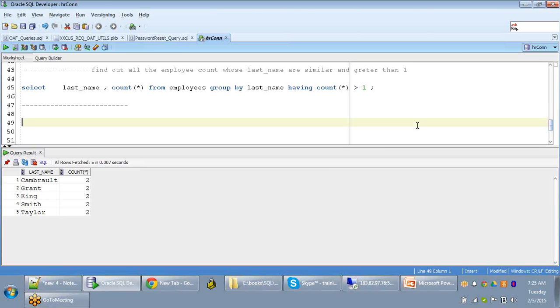Yeah, any doubts in this group data? Sorry? You have any doubts in the group of data? Clear? Yeah. Sure? Yeah. And